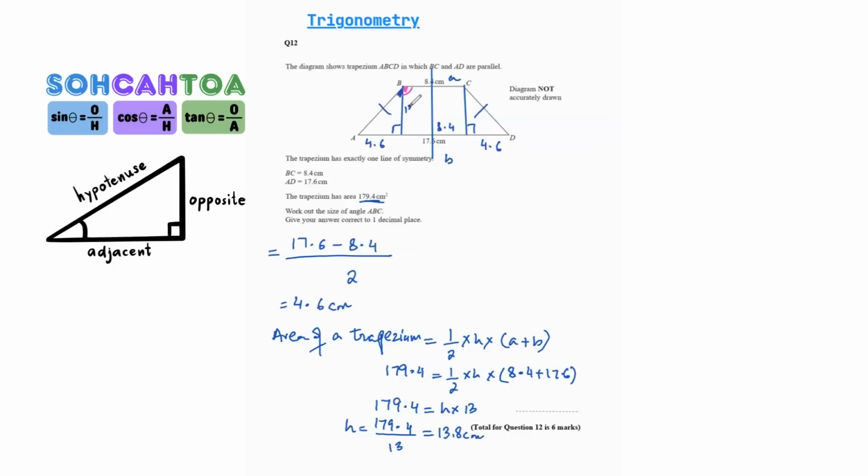So this is 13.8. So now we can easily find the angle B over here using SOHCAHTOA. We have the adjacent, which is 13.8. Remember, adjacent is always the length on which the base angle lies, and opposite is the length which is opposite to the angle that we're taking as the base angle. So 4.6 is our opposite, and hypotenuse will always be the slant length. So tan theta equals 4.6 divided by 13.8. Theta equals tan inverse of 4.6 divided by 13.8, which is going to give us